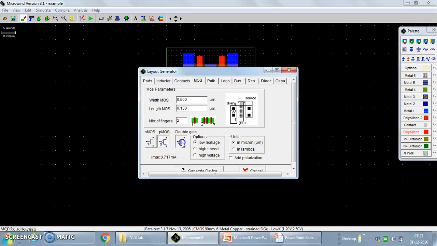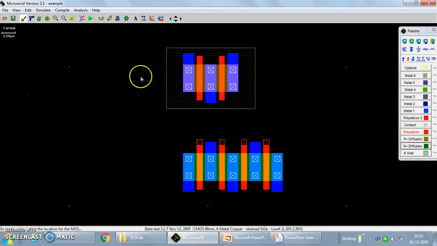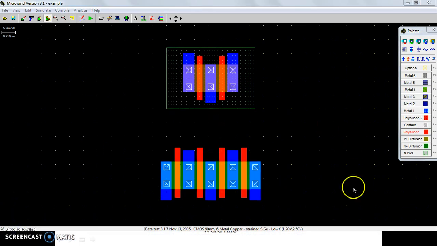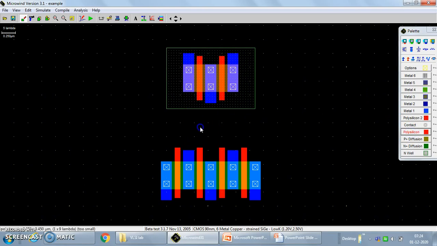Next, 4 NMOS are required. So I will make this 4 NMOS. So generate the devices. Okay, so these are the 4 NMOS transistors and these are the 2 PMOS transistors. We can call this the first PMOS, second PMOS, and then the 4 NMOS transistors. Now for designing the 2 inverters, let us use these 4 transistors: this NMOS, this PMOS, again this PMOS and this NMOS. Let us join the polysilicon layers directly here, so that becomes the input for the 2 inverters.